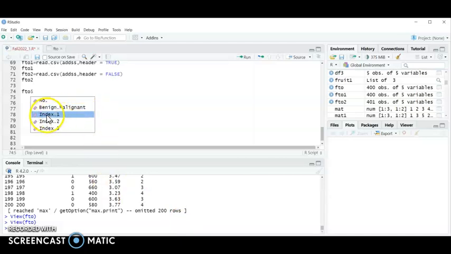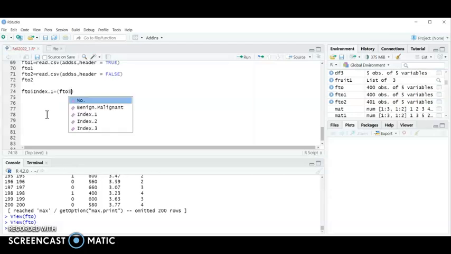So dollar sign, we go for index 1 equal. Okay, equal, and now I go for the formula that I just showed you in the PowerPoint. If you have forgotten it, please go and check it. So I'm going to write it. I say that FTO, the column that I want to normalize, dollar index 1